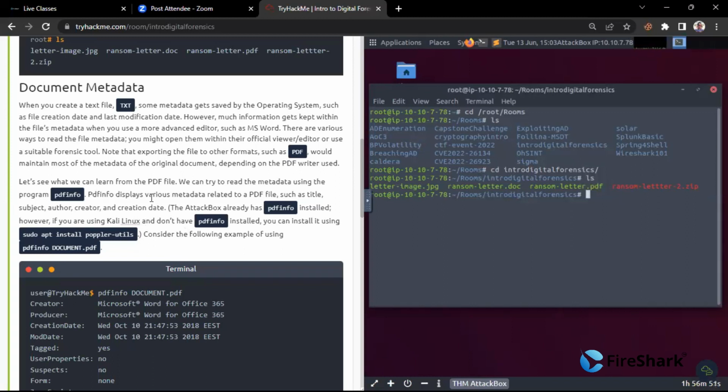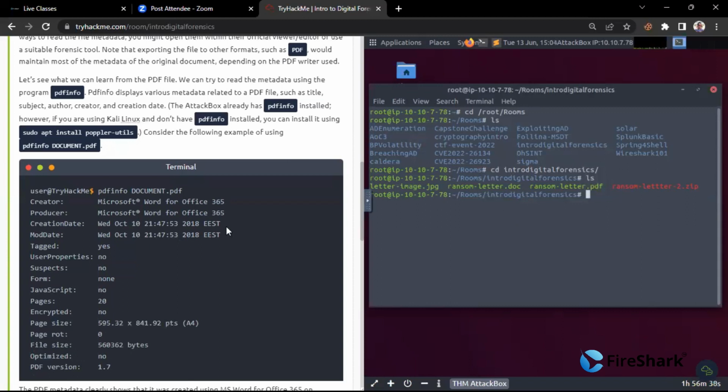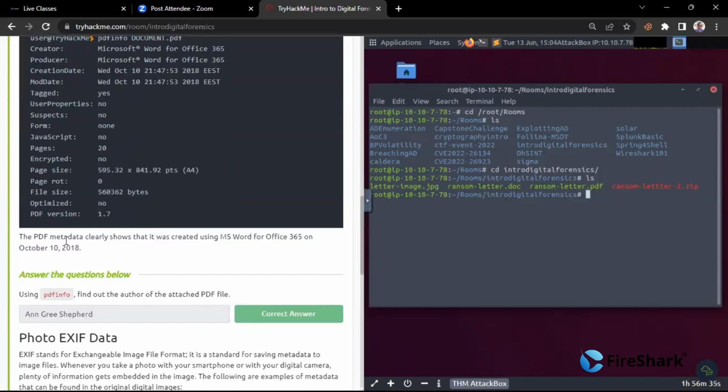So pdfinfo displays various metadata related to PDF files such as title, subject, author, creator, and creation date. So consider the following example of using pdfinfo document.pdf. Here the PDF metadata clearly shows. So using pdfinfo, find out the author of the attached PDF file. This is the PDF file, right? Ransom letter.pdf. So we will use pdfinfo and then ransom